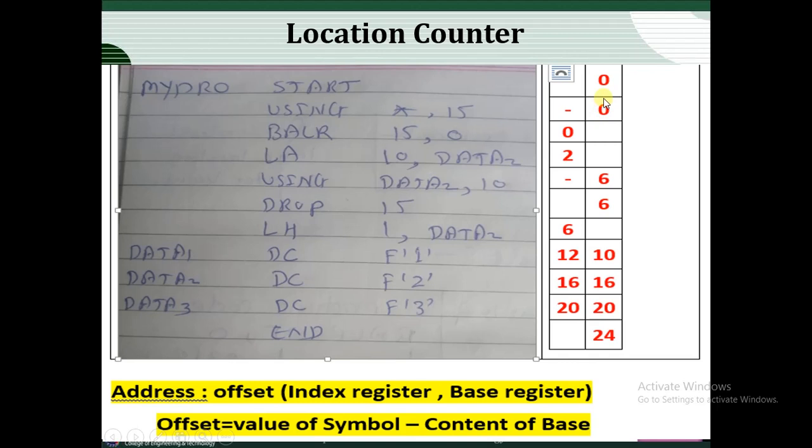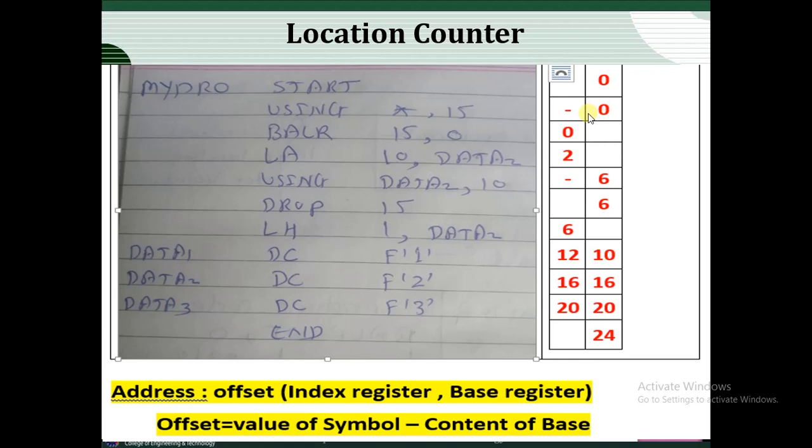We know that instructions are divided into two types. The first is called a pseudo opcode and the second is called an instruction. What a pseudo opcode is and what an instruction is, we have already discussed. Today we are going to discuss how we calculate the location counter using the given program.